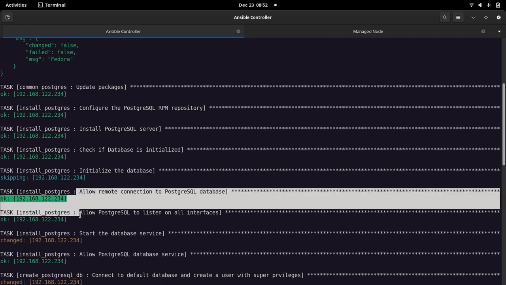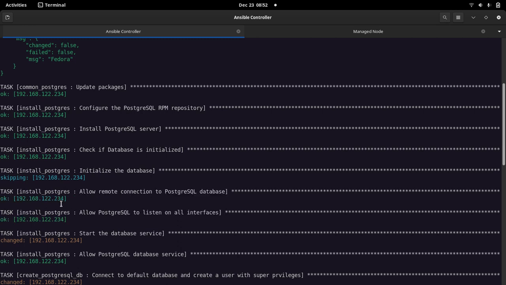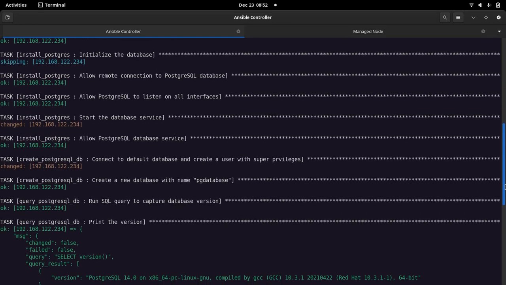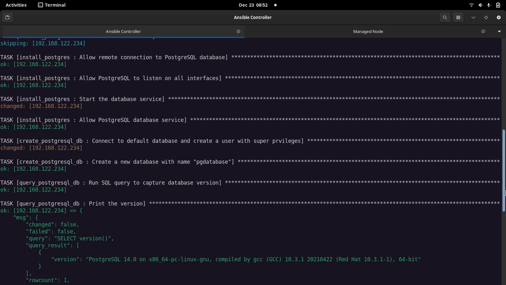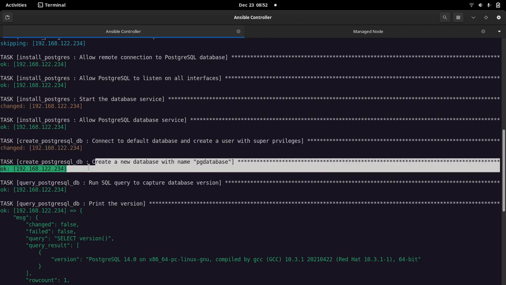Then we are allowing PostgreSQL to be connected remotely and listen on all the interfaces. These are all tasks defined in the install_postgres role, and then we have started the services, connected to the default database, and created the new database with the name.